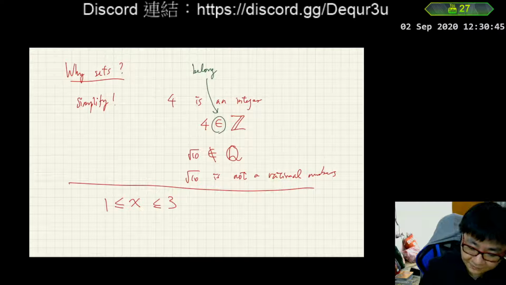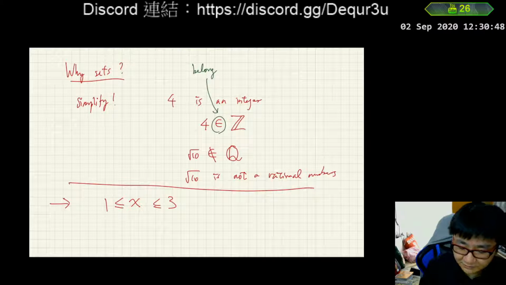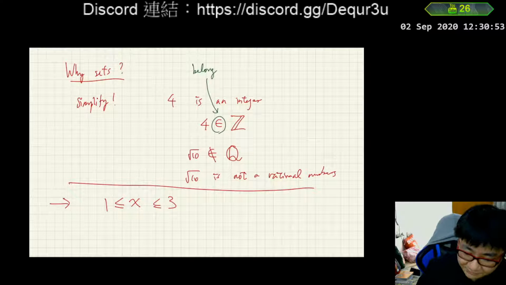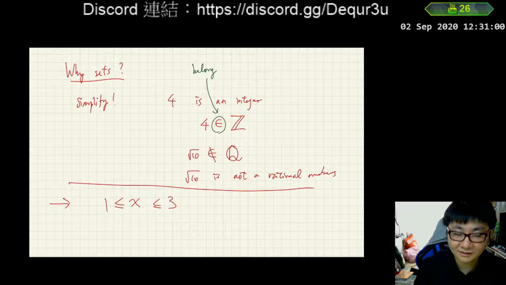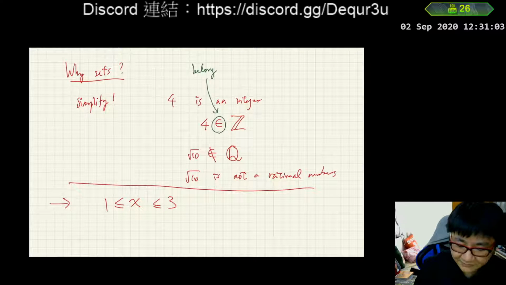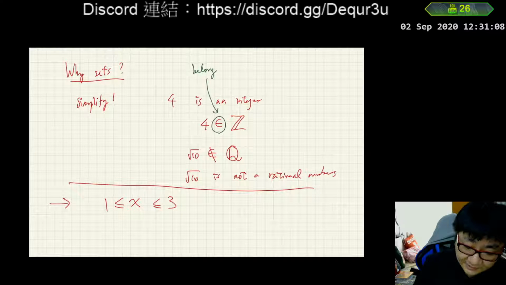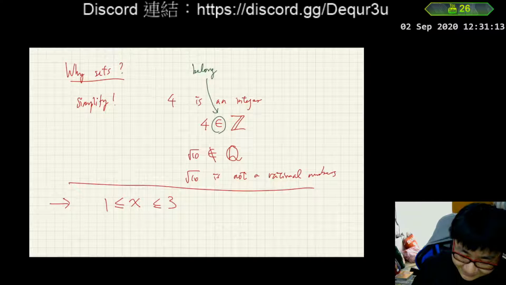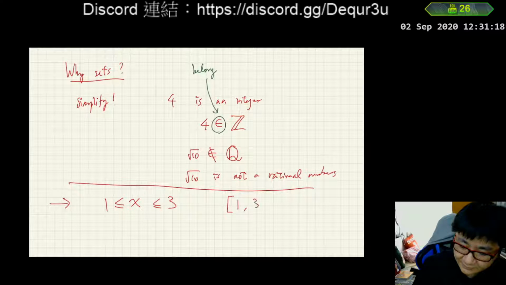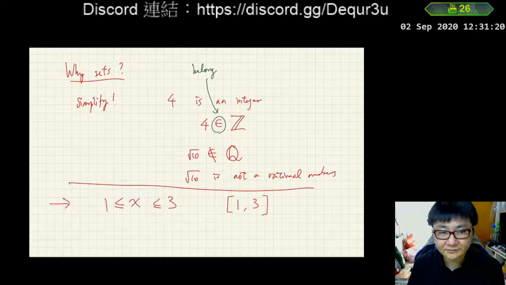So for example, if we refer to x being between 1 and 3, note that there is a line under the inequality signs, which means we also include the endpoints. We also mean x is 1, x is 3 are okay. We include 1 and 3, both ends. And if we want to show this in a symbolic way, an even shorter way is to use a square bracket [1, 3] to show this.